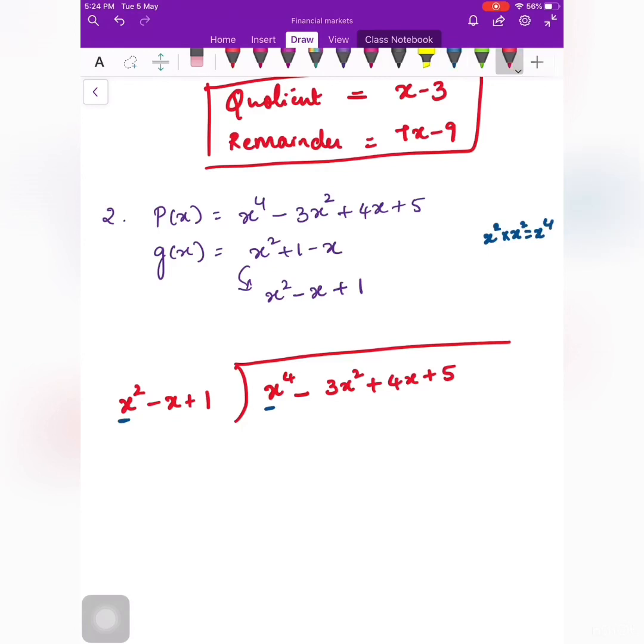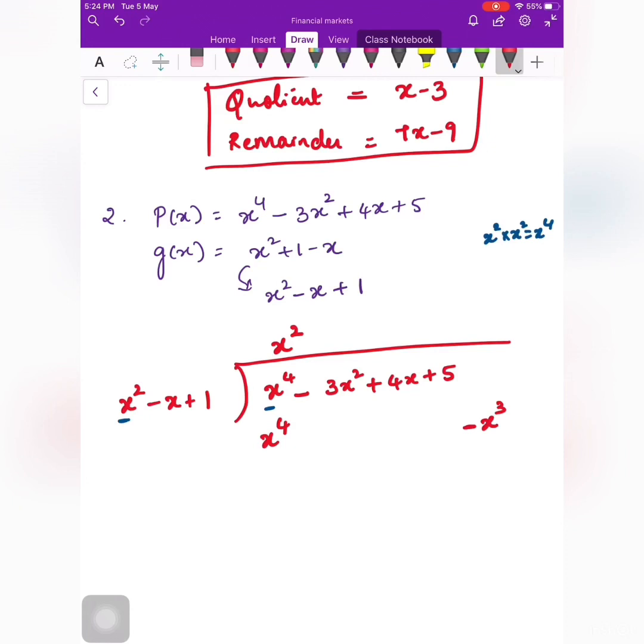So what is the term I have to multiply here? It's x square. x square into the whole of this expression will give you some terms, which you can place just beneath the like terms. x square into x square is x raised to 4. Next, you have minus and here you have plus, so plus into minus is minus, and what term are you going to get? x into x square, which is nothing but x cube. Since you do not have any x cube term here, you place that x cube term away from all other terms at the end.